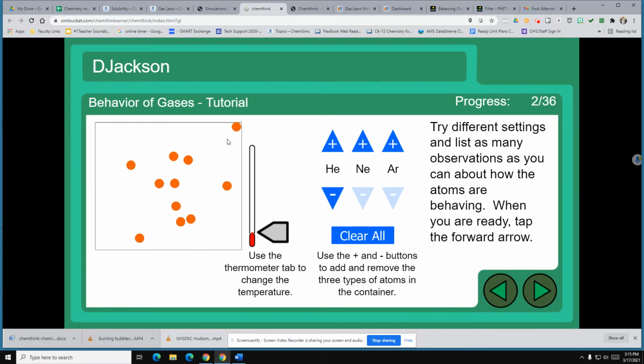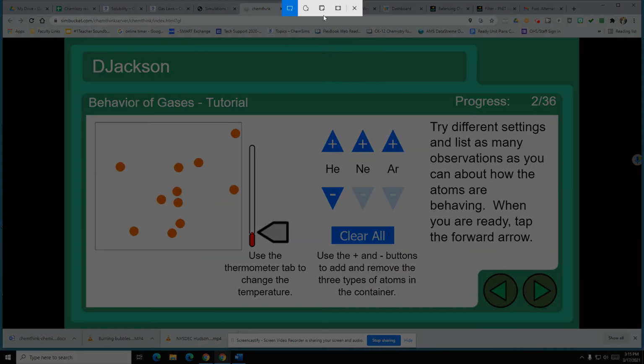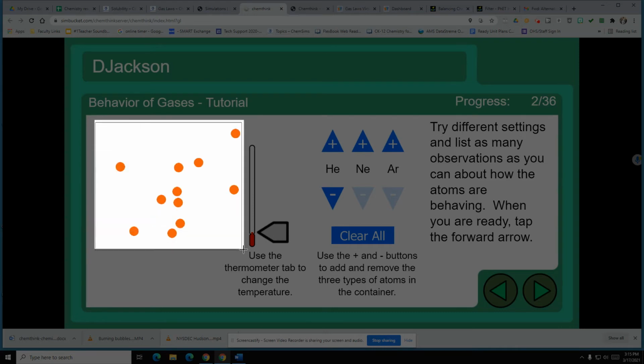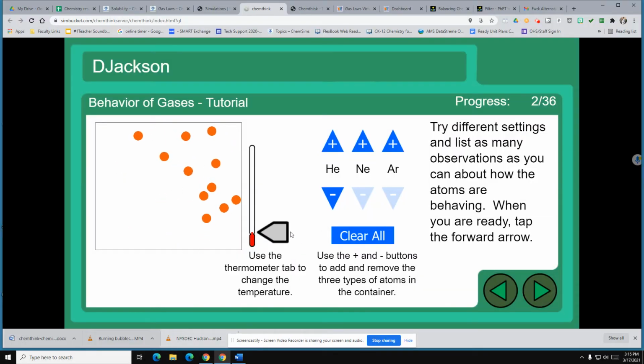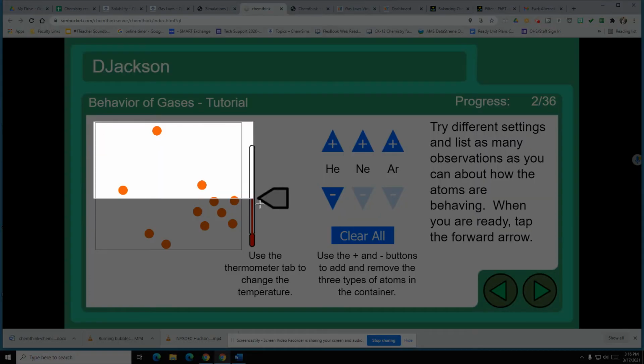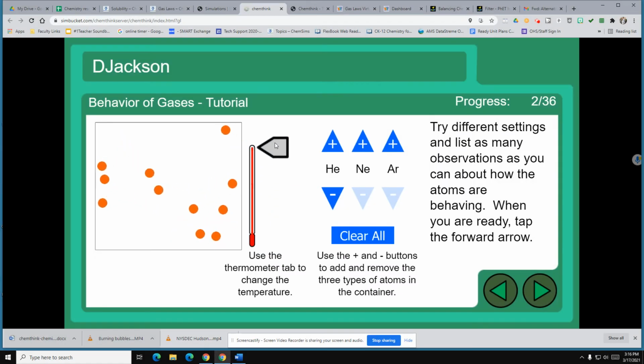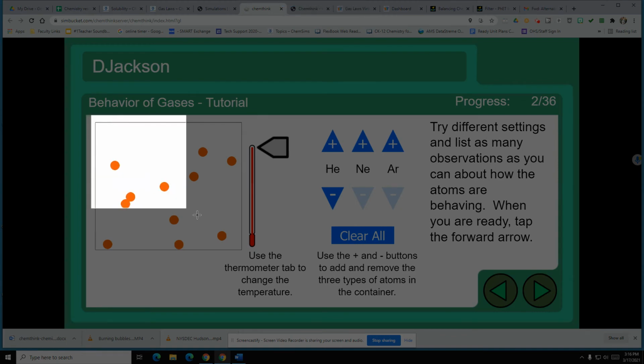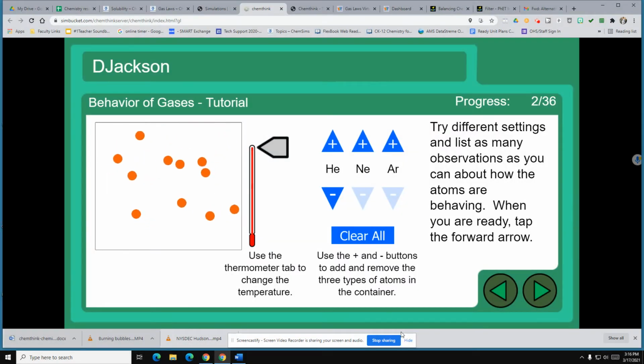On a PC, it's Shift, Windows key, S. This comes up and I can decide, oh, I want them to show me 3 successive pictures. I would take that as my screenshot number 1. I might turn the heat up and then take another screenshot and see if it changed, and then take the really fast one and take another screenshot. Sometimes the screenshotting works better than others. So you want to use it